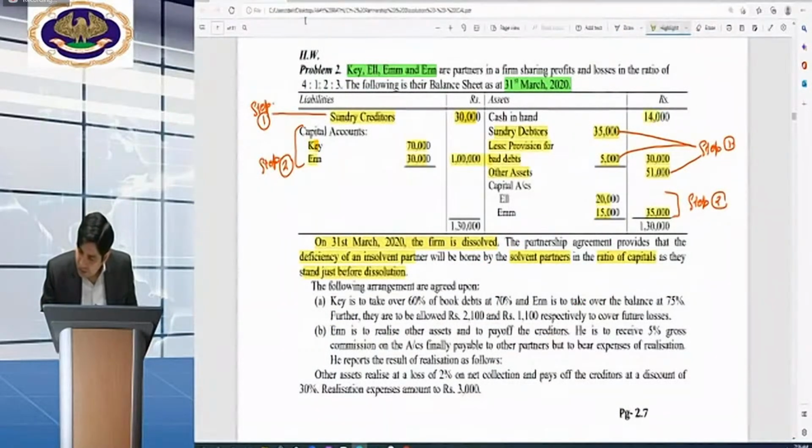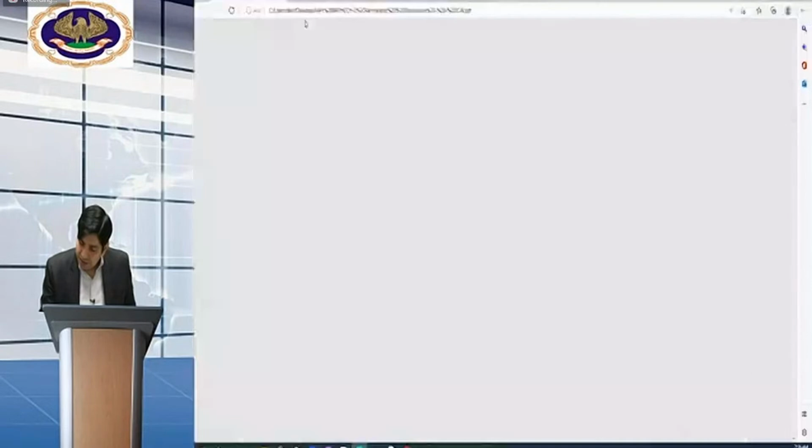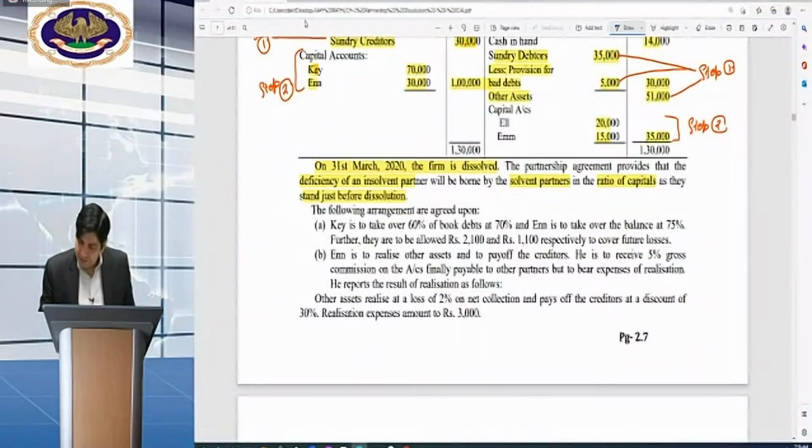Yes, this should also be ticked. Now the balance sheet is completely off. Now we are coming to this part. So it is beta. It is just like Gardner versus Murray fluctuating capital method. The same is the case with this. Okay, beta. As the examiner is giving us, just before dissolution.